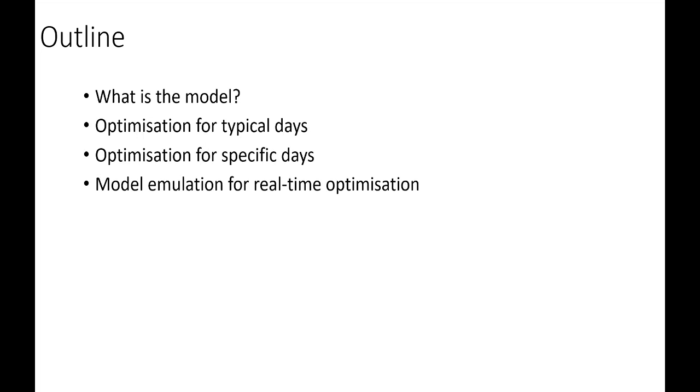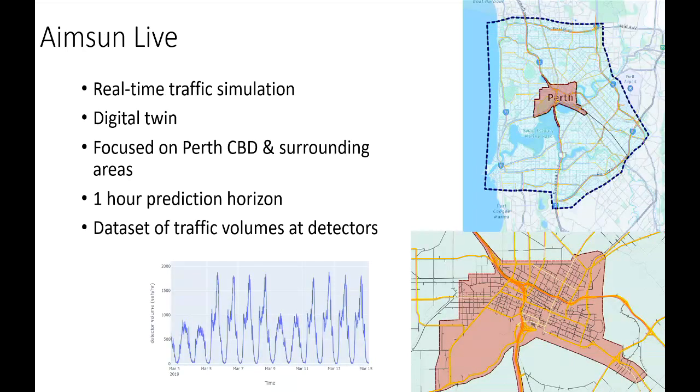Starting at the most simple case where we just work with a typical day, and then we introduce more variability. So the model is called Aimsun Live, or the Perth Live model. It's a real-time traffic simulation. You could call it a digital twin because it's a simulation model consisting of theoretical components which come together to